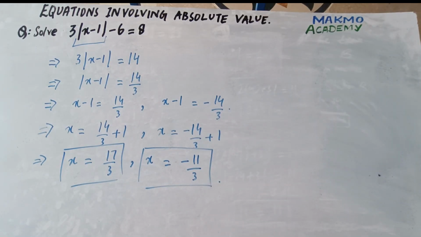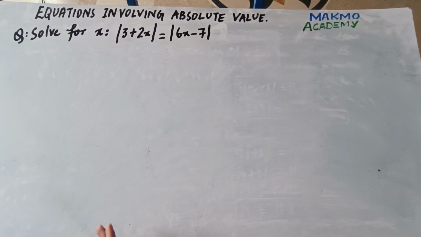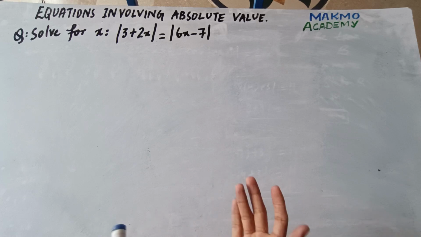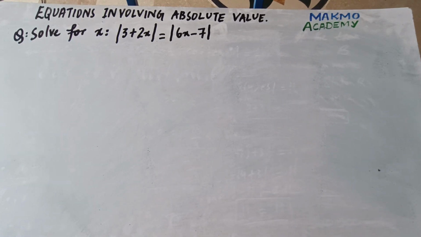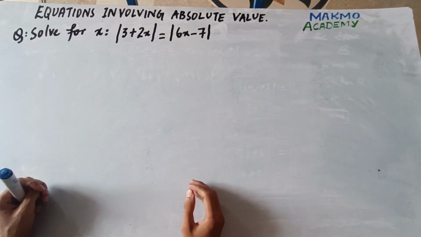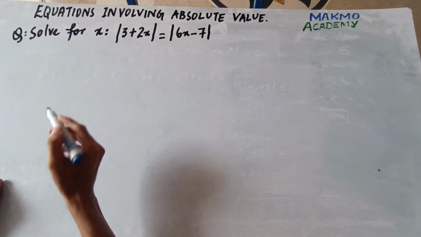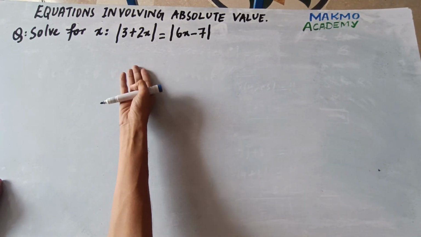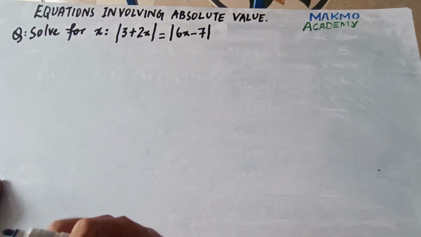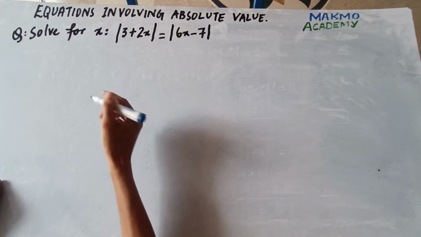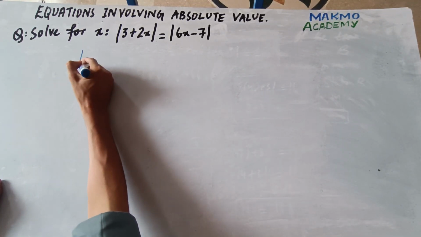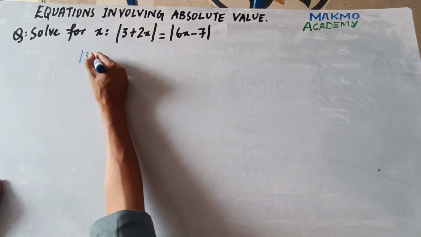Now let's see one more type of question related to the absolute value equation. If you look at this particular example, why it is a little bit different than the previous two examples, as you can see that the absolute value is on both sides of the equation. So what we need to do is very easy. Whenever you see this type of equation, you will take the first one.